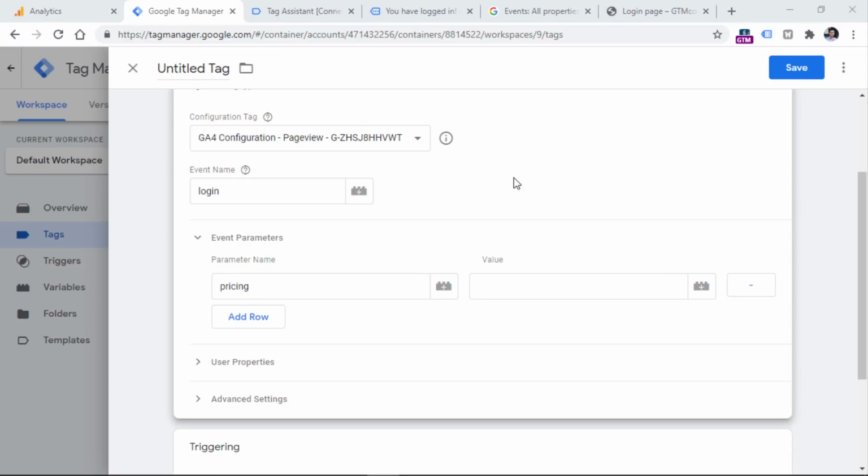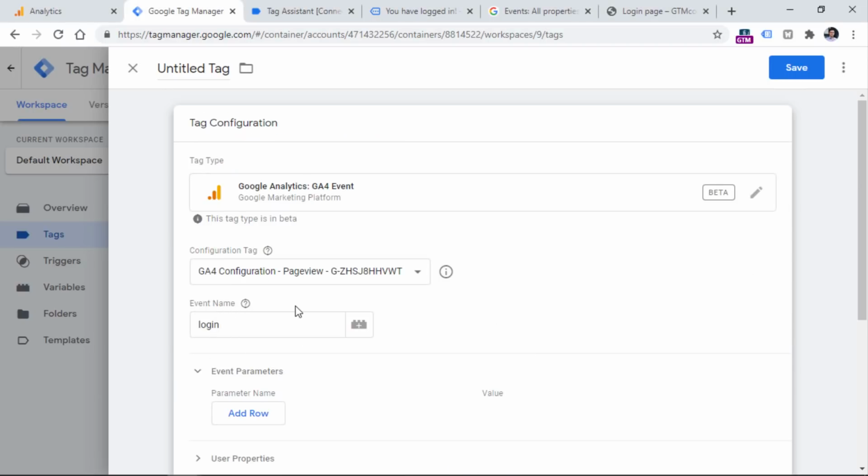And then if you have some variable in your Google Tag Manager container that returns the value of the pricing plan, for example, a data layer variable, then you could insert that variable right here by clicking this Lego button. But that is once again just a hypothetical example, and since I don't have any pricing plan data in the data layer, I will just remove this parameter. All in all, I will be sending just the event name, and that is all.